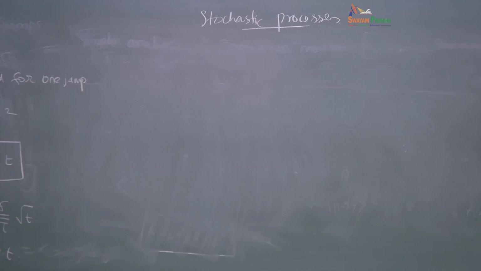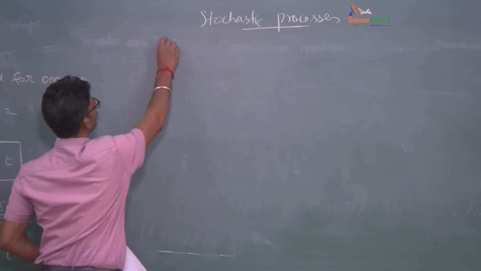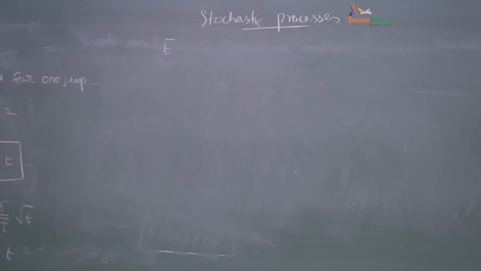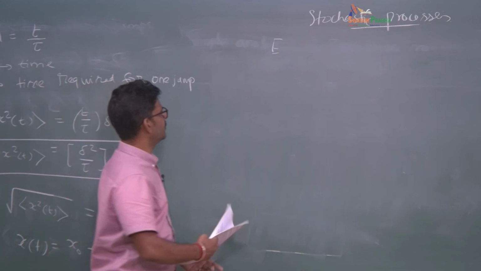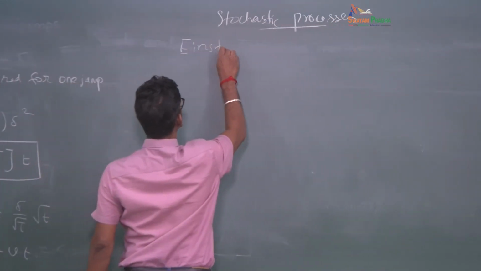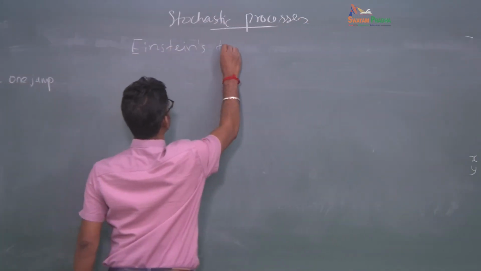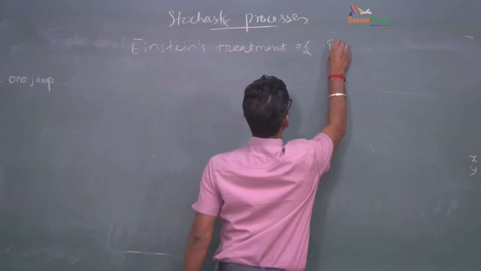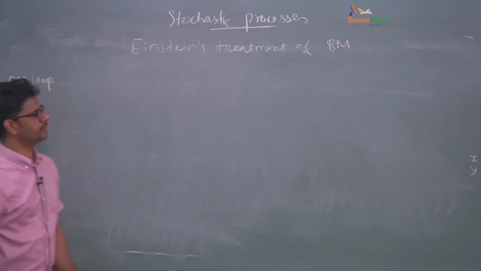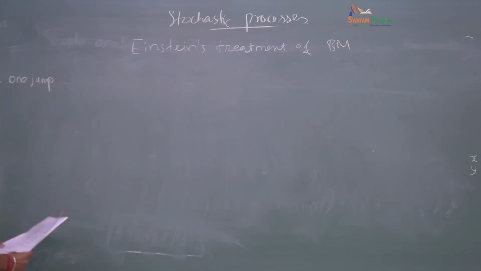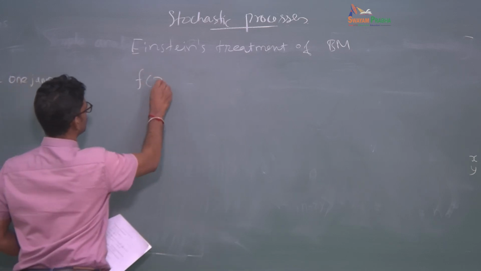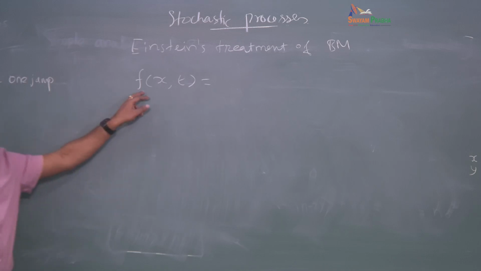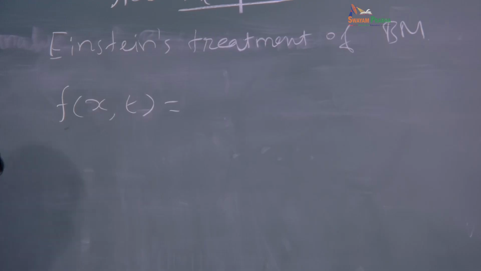Now I quickly give the main results of Einstein's treatment of the Brownian motion, and then we will compare what we have predicted from the random walk in a simple treatment and what was obtained from Einstein's treatment. So BM means Brownian motion. What he derived was the probability of finding a Brownian particle at position x at time t, and he showed that this would be